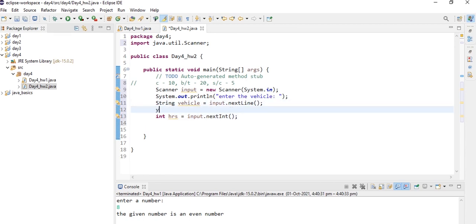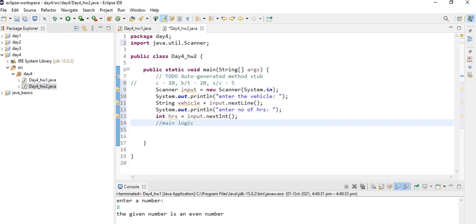So let's type here. Now here comes the main logic. Before that, let's write in brackets that the user has to enter only car, bus, truck, scooter or cycle.